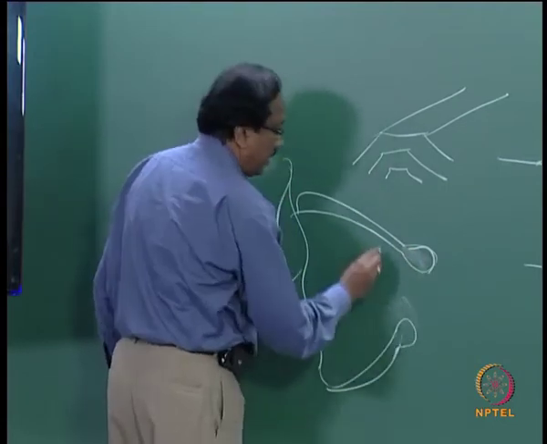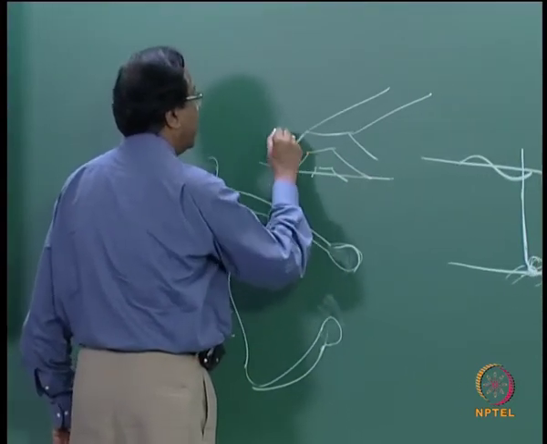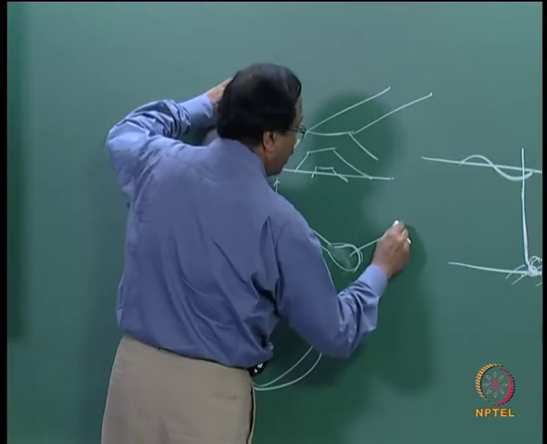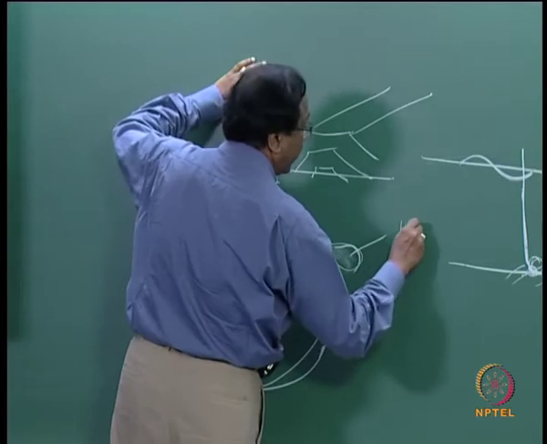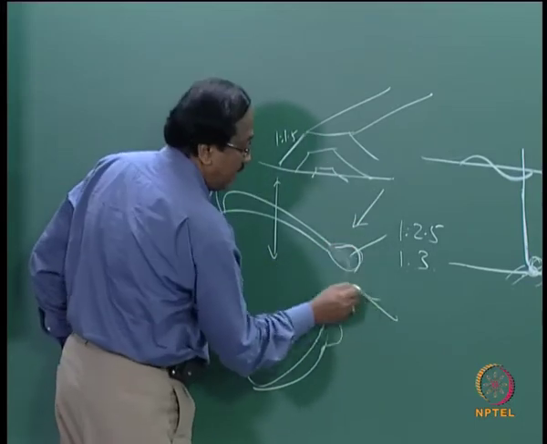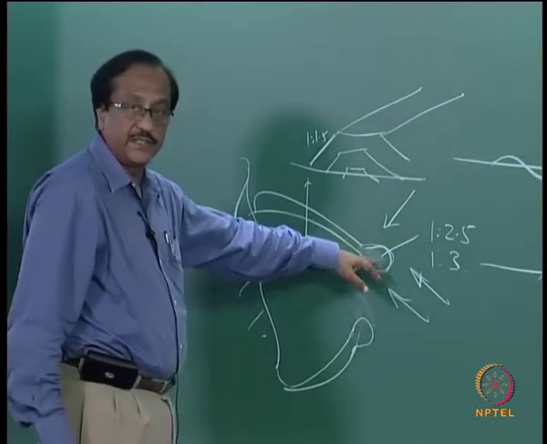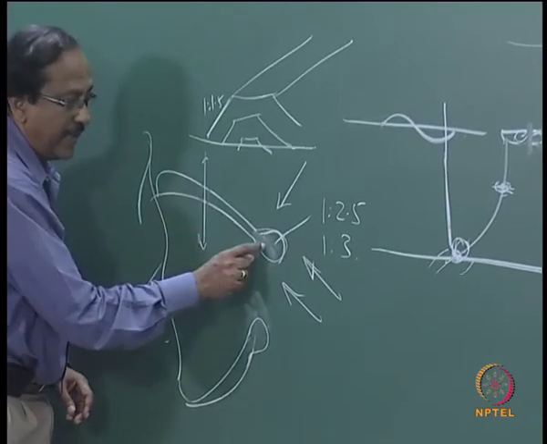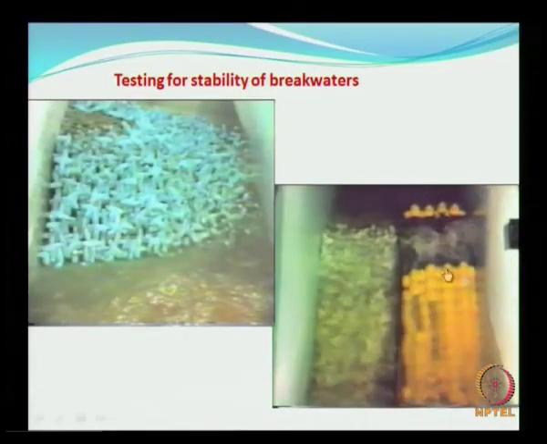So in cross section, this is how it would look. This is a trapezoidal section, with slope maybe 1:1.5 or 1:2, whereas the head will be slightly flatter because this portion is being subjected to waves from different directions. So usually when you want to test the stability of a structure of this nature, we test the trunk portion of this and also the head portion. What you have seen just now is the head portion of the breakwater, and on the right side